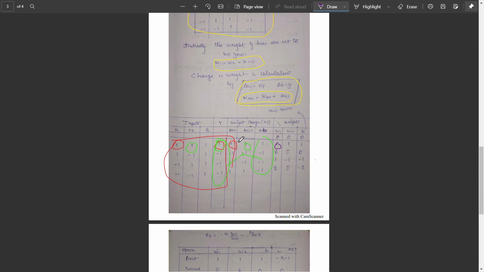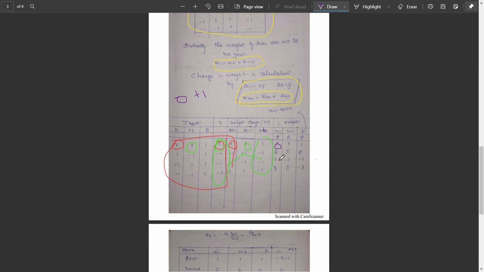Then W1 is adding 0 plus 1, here comes 1. Similarly for W2, we add W old, which is 0, plus Del W2, which is 1. So it will be 1.